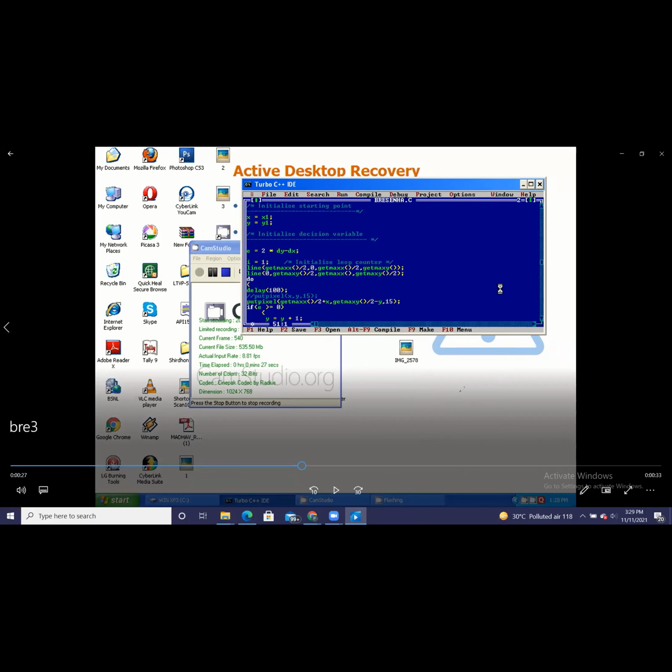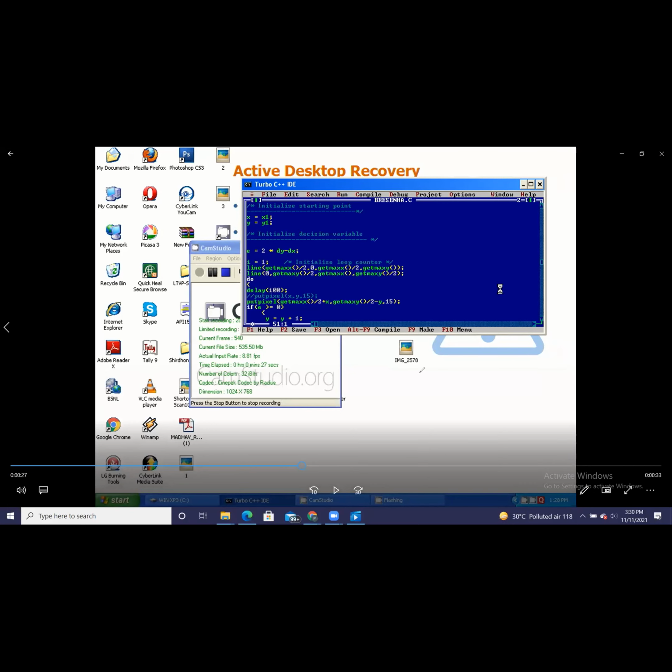Okay, so what I have done with this line, this is your screen. Earlier, the screen had only one line, from point 10, 10 to 100, 100. Now I want to shift this line to its appropriate quadrant, because this line 10, 10 to 100, 100 should be in your first quadrant.